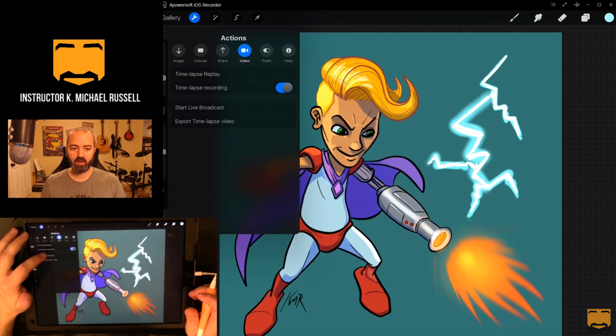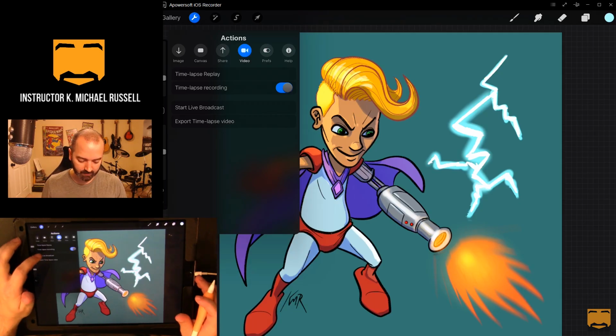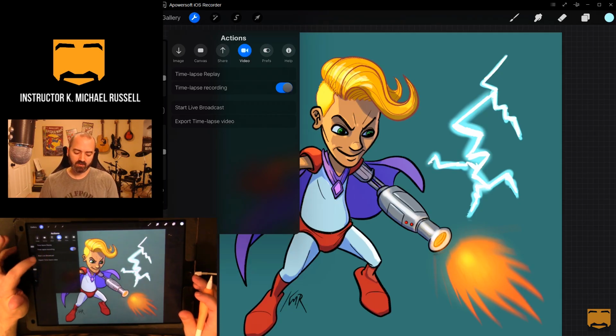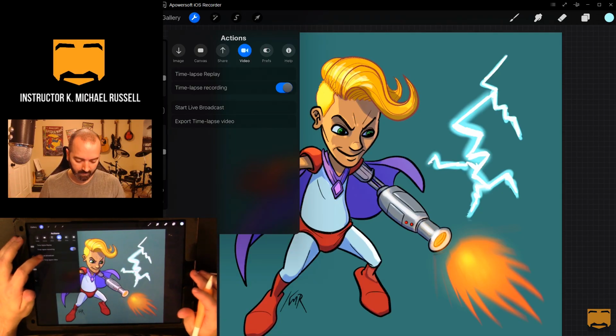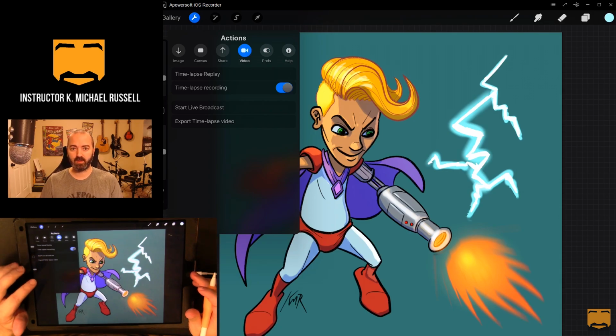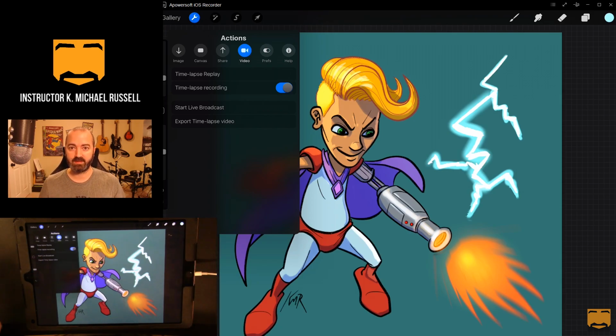And time-lapse recording, you can choose to turn that off or on. I like to leave that on. It's totally an option. Live broadcast, I haven't tried yet, but you can sign in with like YouTube and broadcast live online while you're painting, which is kind of cool. And then export time-lapse video does just that. It saves it as like an MP4 file. You can control